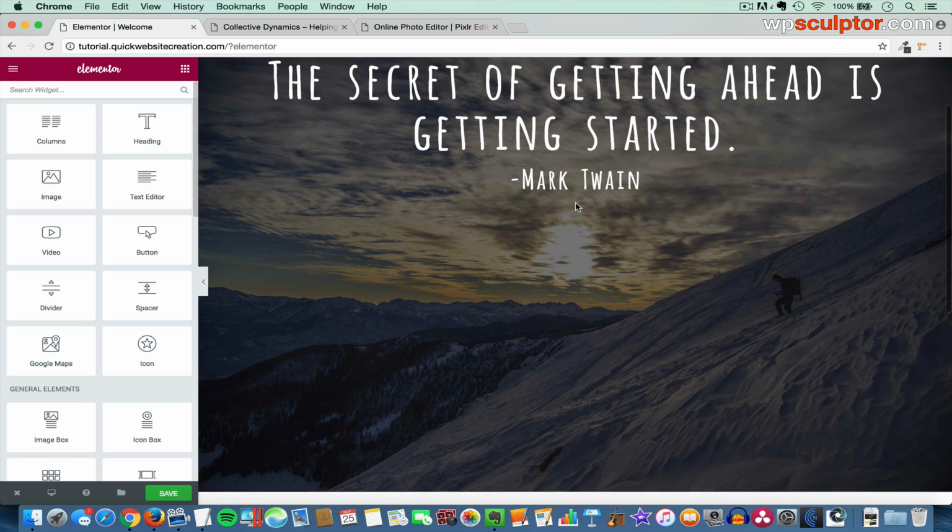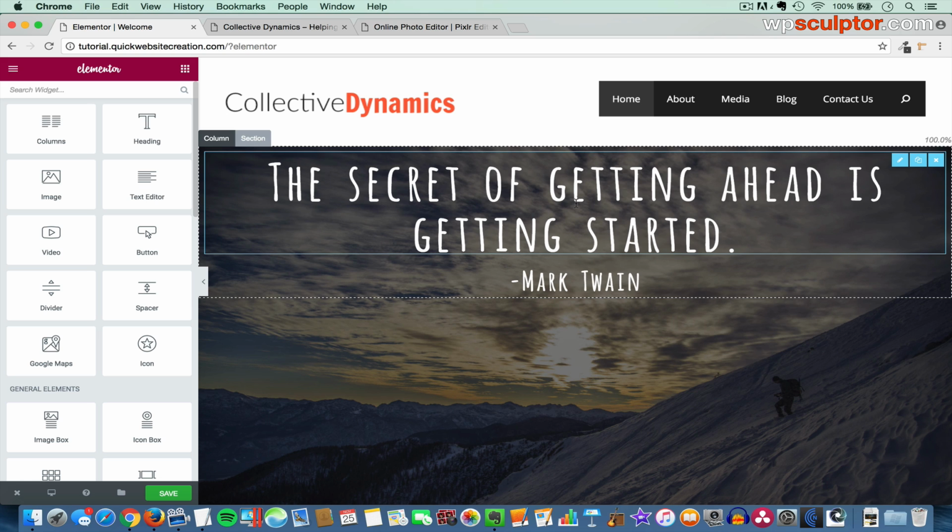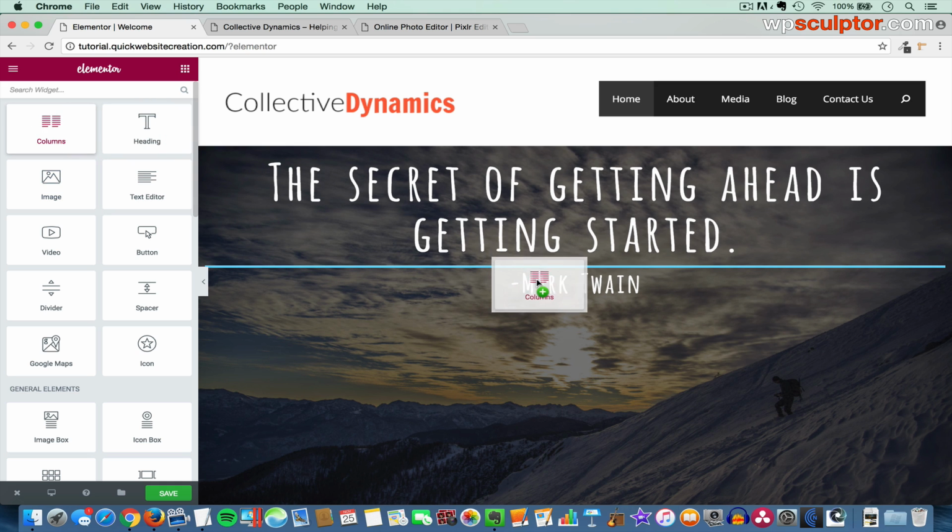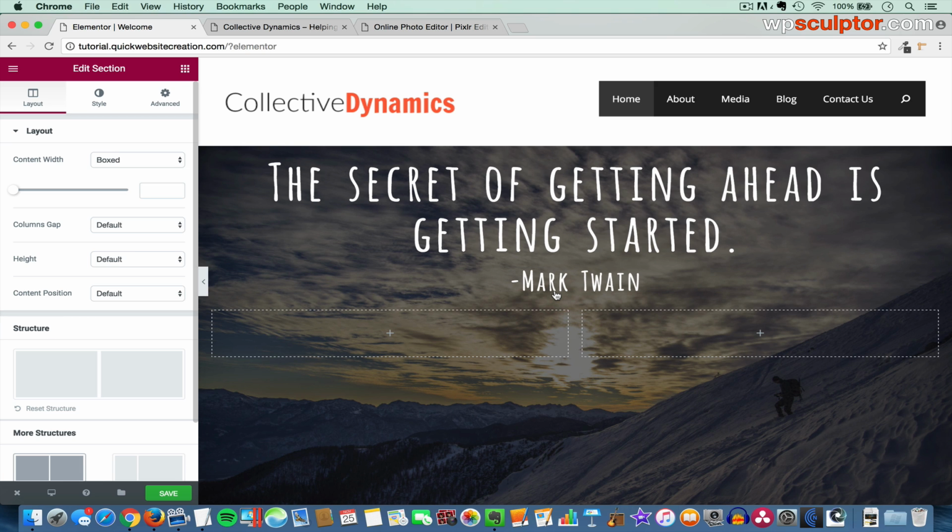So what we can do with Elementor, this is, again, where you can get really advanced, and this is an amazing feature of the Elementor Page Builder plugin. You can create sections within sections, and the way you do that is by using the columns element. So make sure you're accessing your elements by clicking on the element icon there, and then we're going to click, hold, and drag the columns element in underneath our headings and release that. And by default, that's going to create 2 columns within this section